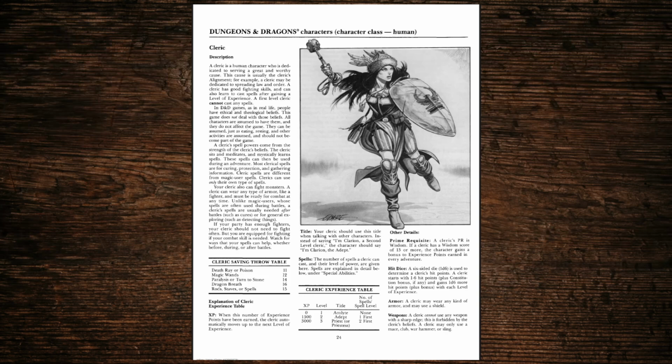Now you'll notice the column that talks about spells. A 1st level cleric gets none. So there is no healing in the party at 1st level unless you get your hands on healing magic items. A cleric has to prove their devotion to their religious order before they start getting divine spells. So a 1st level cleric is pretty much a fighter relegated to blunt weaponry, except for the ability to turn